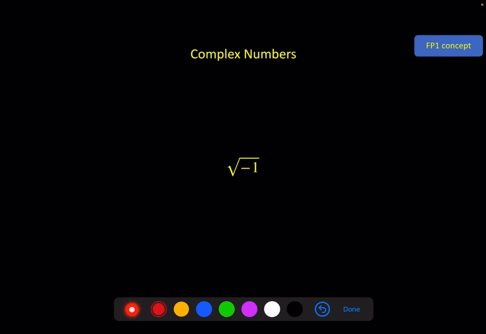Now it might seem strange, but there was a point where someone said, even though we can't do this, let's still call it something. And he said, let's call it i for imaginary, because it doesn't exist. Another way of writing this is i squared is equal to -1. And the amazing thing was that this idea fits so nicely with all of the other mathematics that we have. You can make it work so that there aren't contradictions. You don't have to worry about what happens if it doesn't work with the other stuff. It does. But obviously there are some rules in order to make it work,